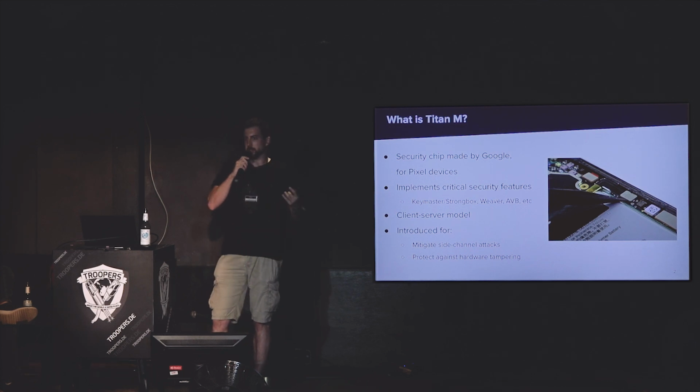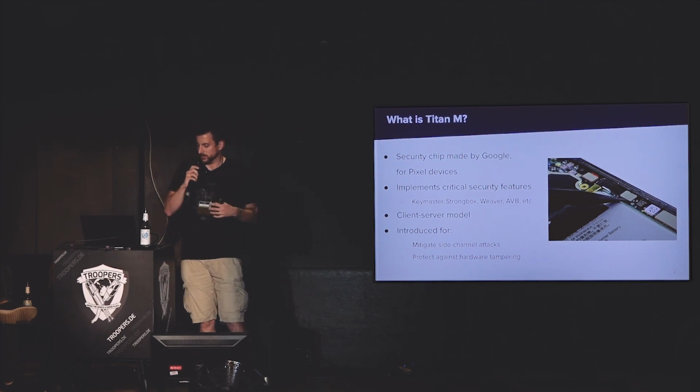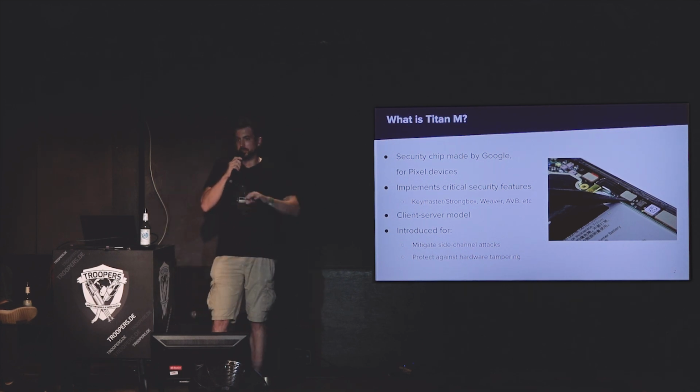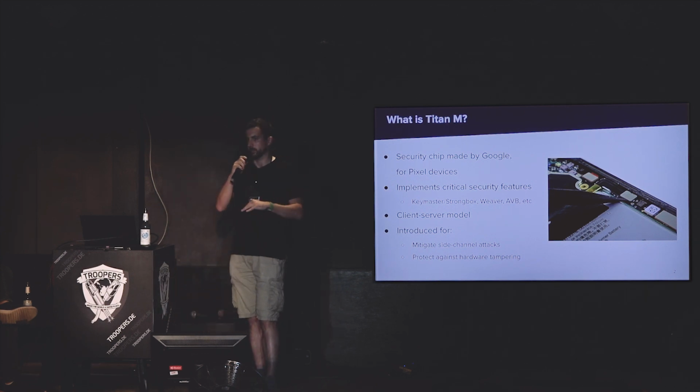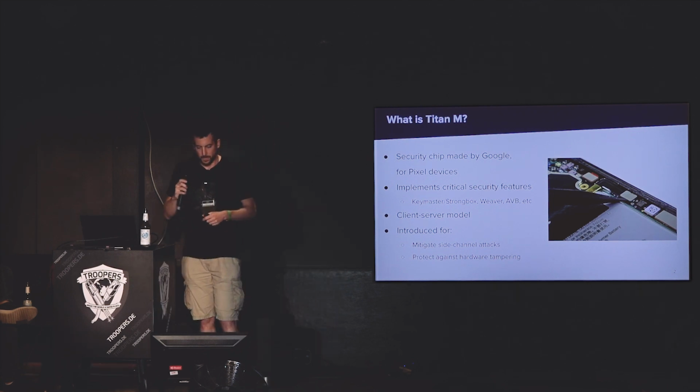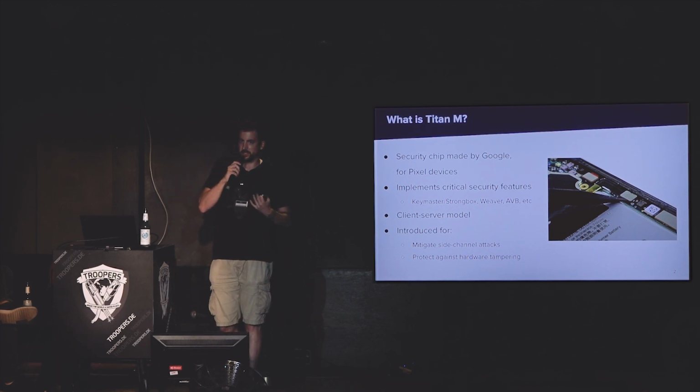And it is important to keep in mind that there is the main CPU on which you have Android and its applications running. And you have another completely different hardware component, the Titan M chip. These two communicate together as a client-server model where the Titan M is a server and the main CPU a client. So Google introduced, at least according to them, this security chip in their devices